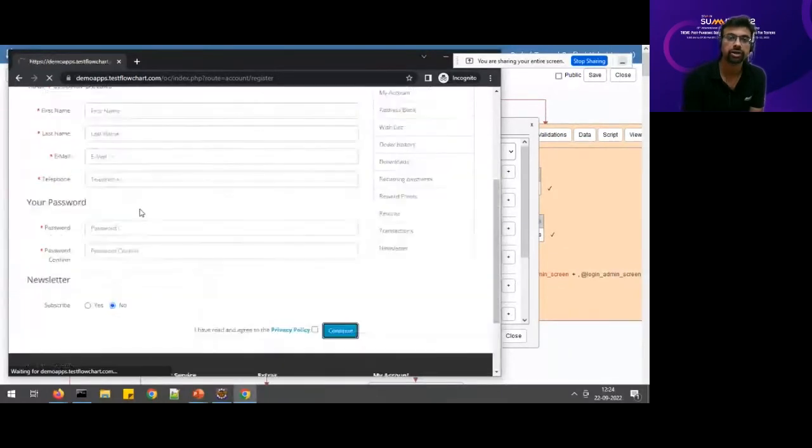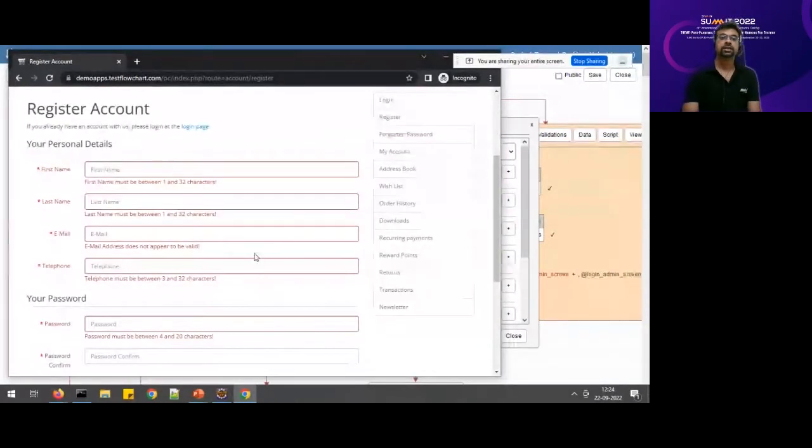Okay, and then if I were to just click continue here, it shows up error messages against each one of them. Now whatever this container is where this error message shows, is actually bound to this user data, in the sense that it's bound to the first name. So this error message will not come for, let's say, email. It will come for the first name only. Now, it is possible that multiple elements have only one error element, or each element has its own error element. In this case, each element has its own error UI element.